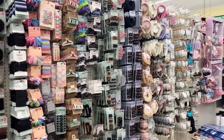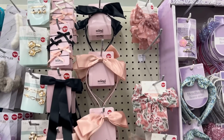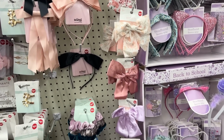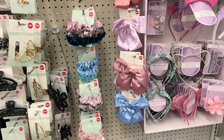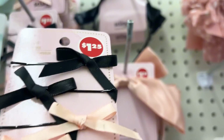I still can't get over how beautiful these aisles are, and including the hair accessories section. I love looking here for bows and fabric that you can use in your journals, and I think these are a definite score. I think that fabric bows are a delightful way to add a touch of charm to the